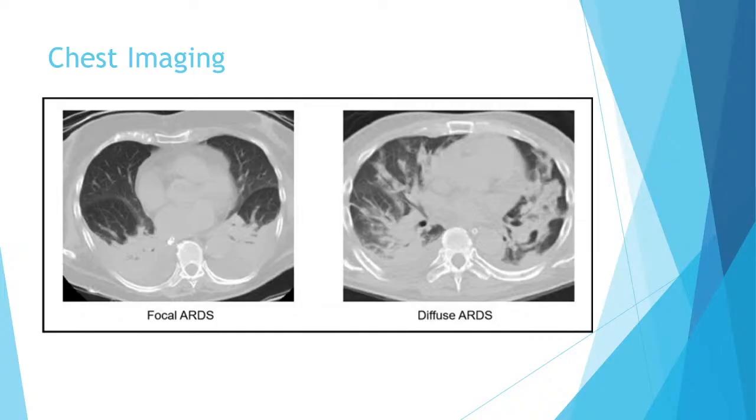So here, just for reference, we can see the cut section of a CT chest of 2 patients with ARDS. In one, you can see there is focal involvement of dependent areas, and in the other there is diffuse involvement of the whole fields. So these are actually 2 different phenotypes of ARDS as well. We'll come into it, but just to show how ARDS will look on a CT scan,